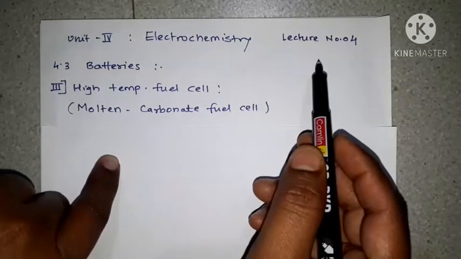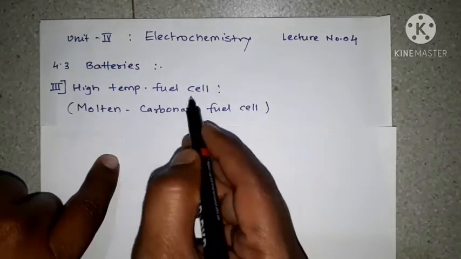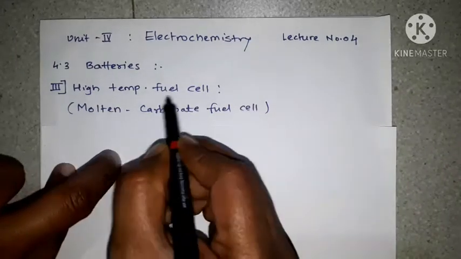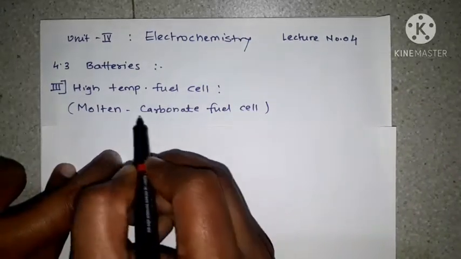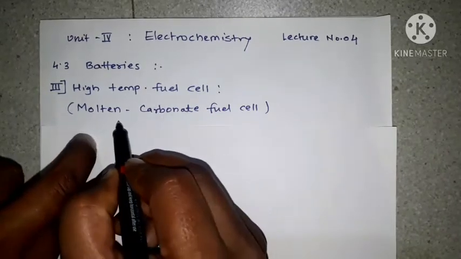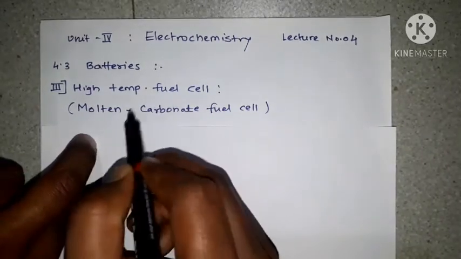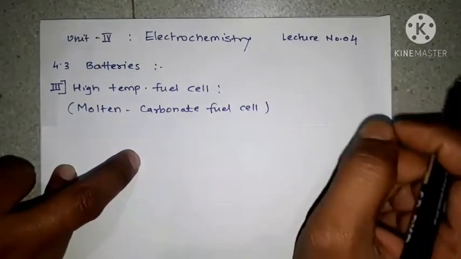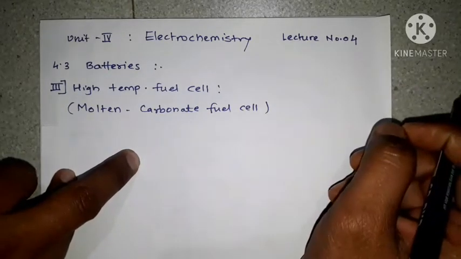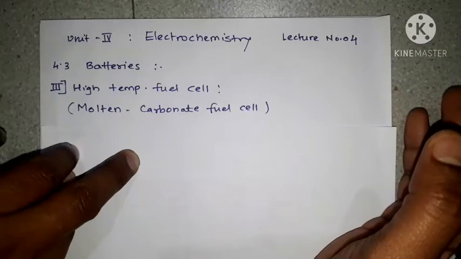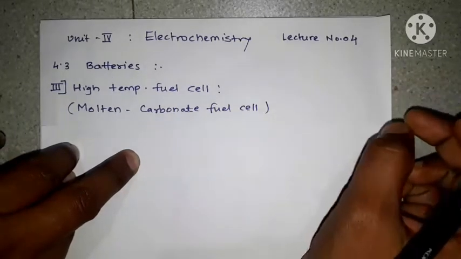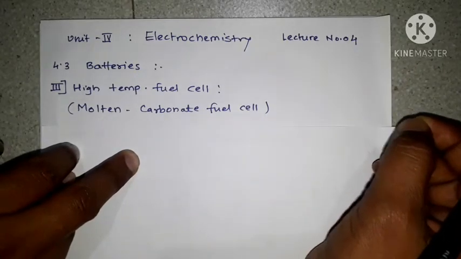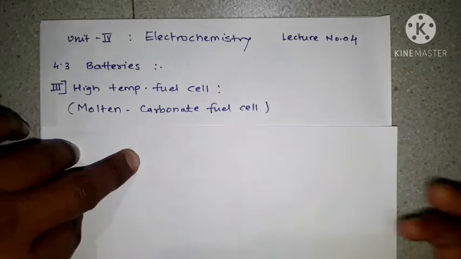Then in lecture number 4, the other example of high temperature fuel cell is the molten carbonate fuel cell. This carbonate is the electrolyte part in the molten carbonate fuel cell. In the solid oxide fuel cell, O2 minus, as we know, that means the oxide part, the solid oxide part. You can take any oxide with metal. Oxide is the electrolyte in the solid oxide fuel cell. Then in the molten carbonate fuel cell,